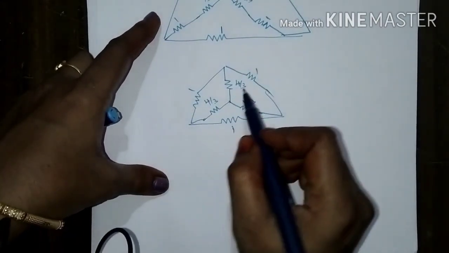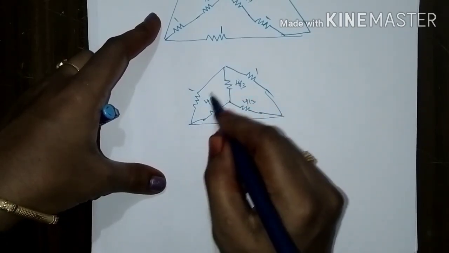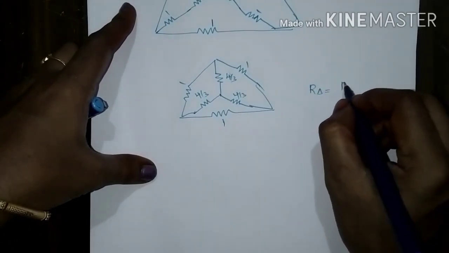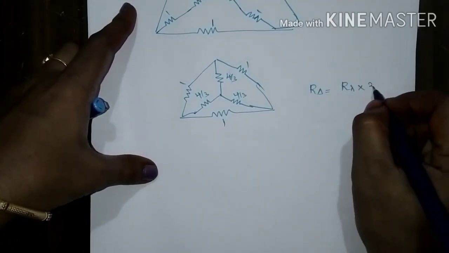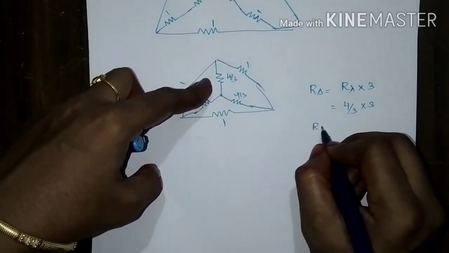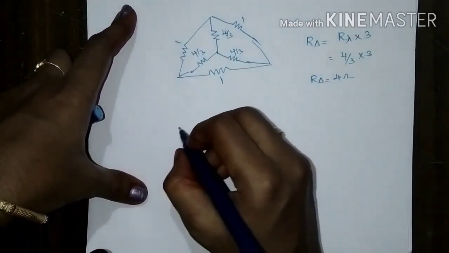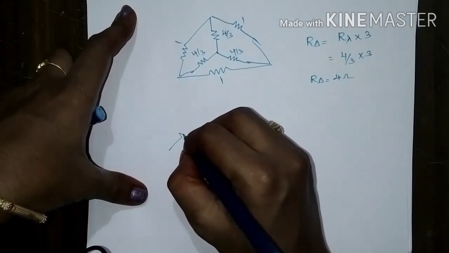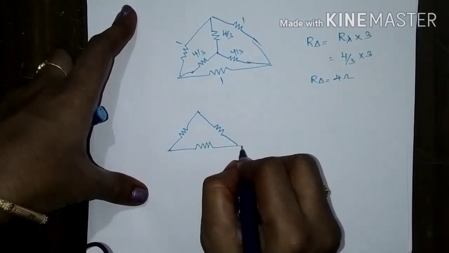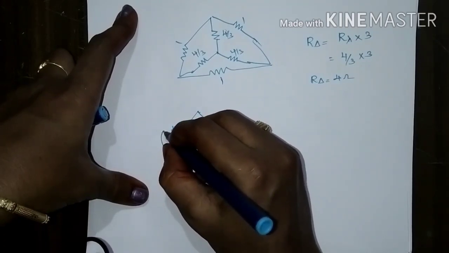This 4 by 3 resistance is connected in star. This has to be further converted into delta so that the circuit can be reduced very easily. For delta conversion, if the resistances are the same in star, that resistance must be multiplied by 3. Your star connection resistance is 4 by 3 ohm. If you multiply by 3, your delta connection resistance has a value of 4 ohms. So 1 ohm and 4 ohm would be in parallel, with 4 ohm, 4 ohm, 4 ohm.